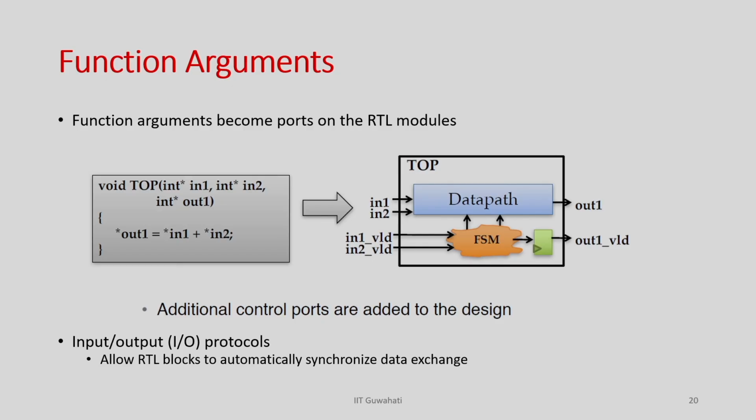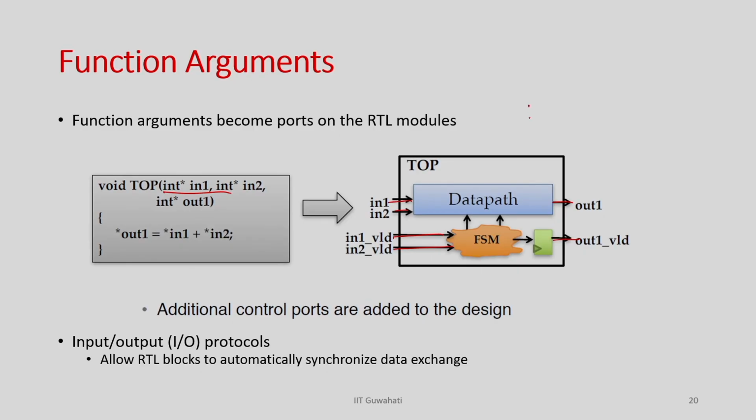As I mentioned, the function arguments become the ports. Here is the example: in1 and in2 become input ports and out is the output port, but it also has the valid signal, so that this whole process can be integrated in a bigger system. This valid signal is automatically generated by the high level synthesis tool. If this module takes, say, 4 cycles, as I mentioned earlier, you cannot give input in every clock. It will take input every 4 clocks, waiting for the valid signal, and only when the valid signal is on will it take the input.